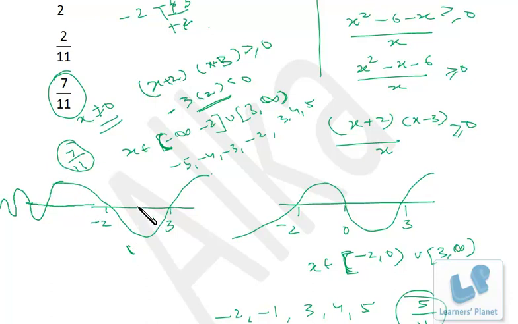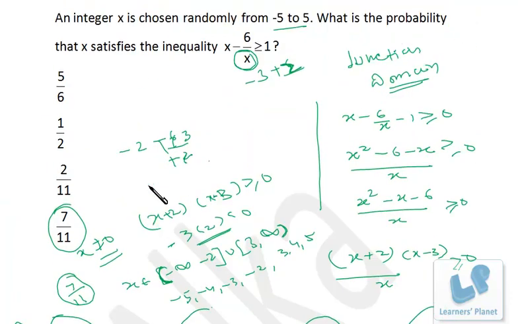So this is how we draw the wavy curve, and if you are not at all clear with the wavy curve method, then do attend the basic sessions of functions. Because a good number of problems, at least 2 to 3 problems based on functions, are part of CAT every year. So this should be clear in your mind once and for all. And the important fact, once again, I would like to mention: never ever go for cross multiplication in case of inequalities when you have variables in the denominator, because they play an important role.